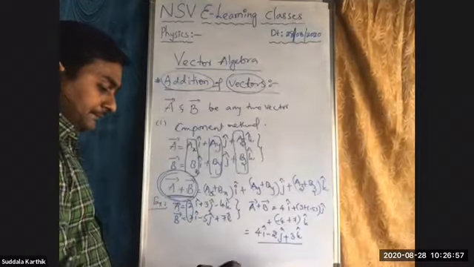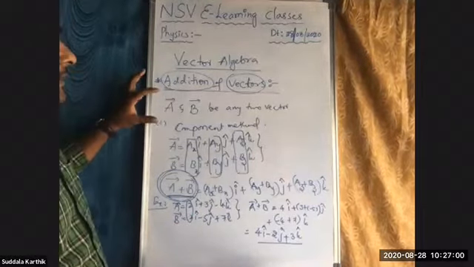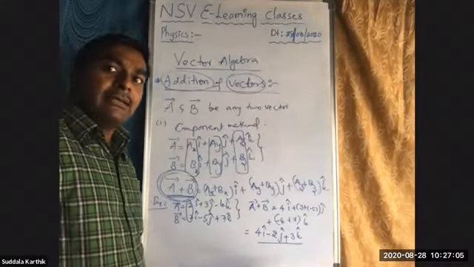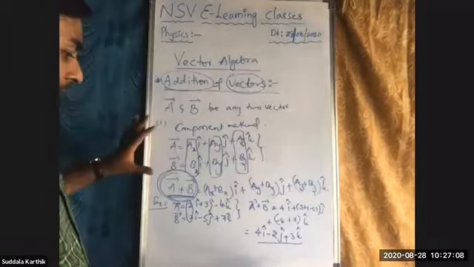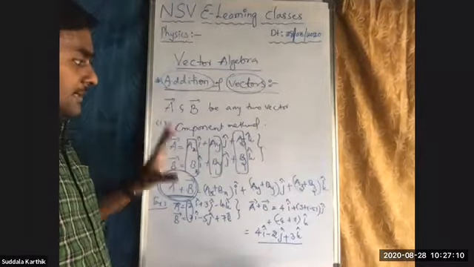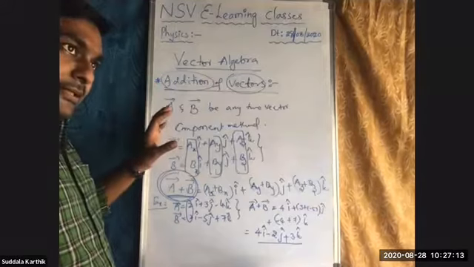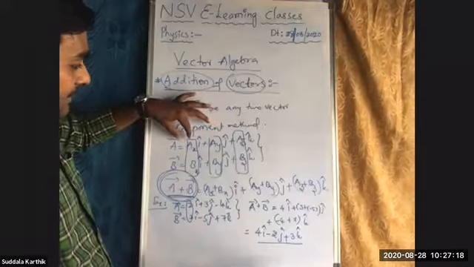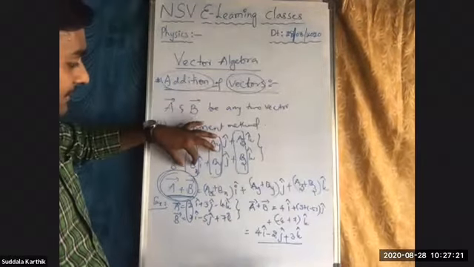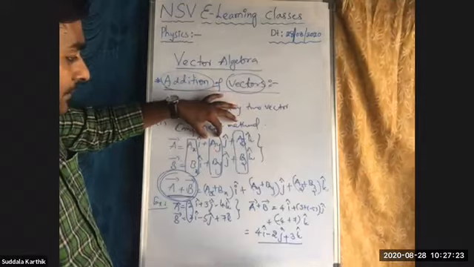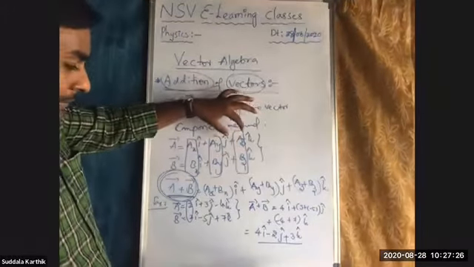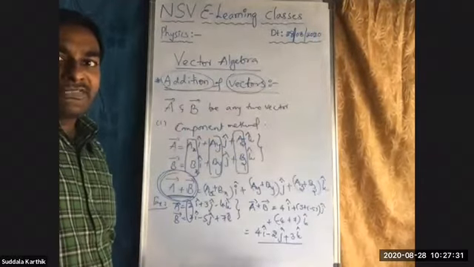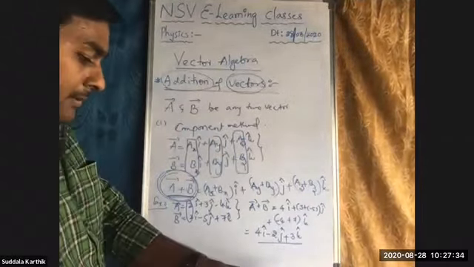This is the method of addition of vectors if they are in component form. If it is in component form, then you can add like this. It looks like general addition, but you must take the components: the x component of the first vector and the x component of the second vector, the y components, and the z components. I just want to add those things.